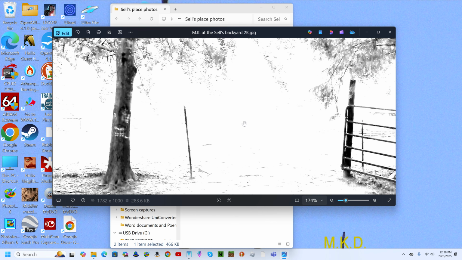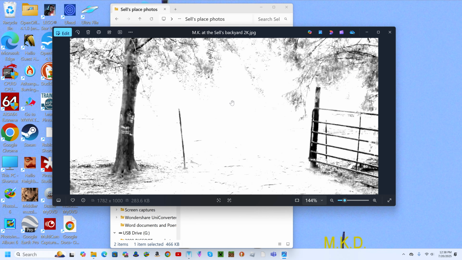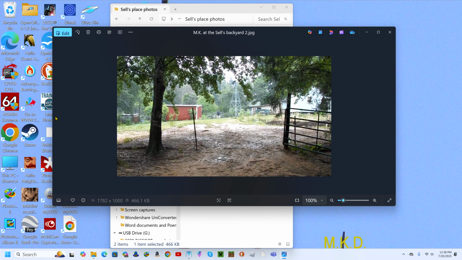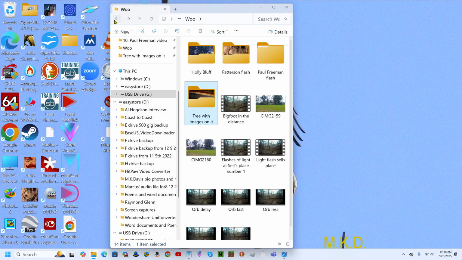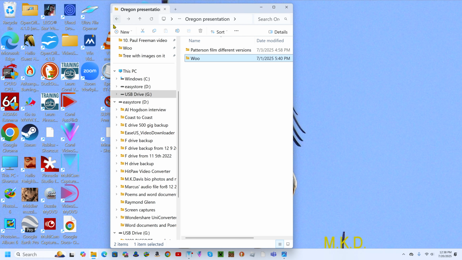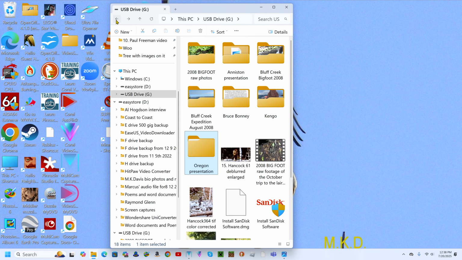We weren't taking pictures of that tree. He was taking a picture of me. We didn't even notice it at the time. See, that's what we saw. It just didn't grab our attention. But photography picked it up. I got one more thing I want to look at. Let me go back over here.